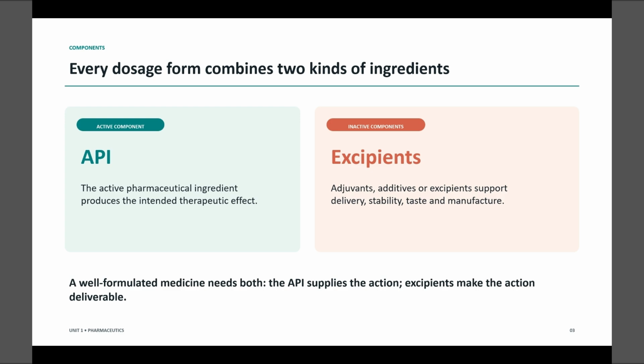The active drug substance is a chemical compound with pharmacological effect, intended for use in the diagnosis, treatment, or prevention of diseases. For example, in the case of a painkiller tablet, the active ingredient is what relieves the pain. In addition to this, we use excipients, which do not have any therapeutic efficacy. Substances other than the API are called excipients, additives, or adjuvants, which have been appropriately evaluated for safety and are